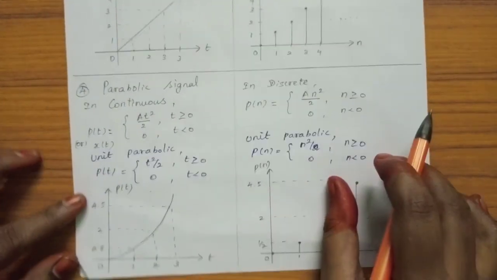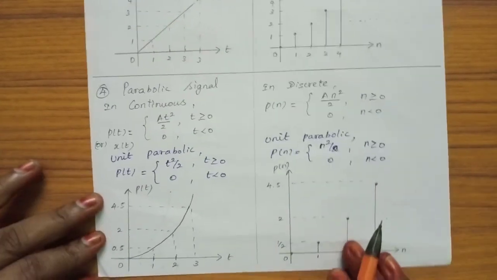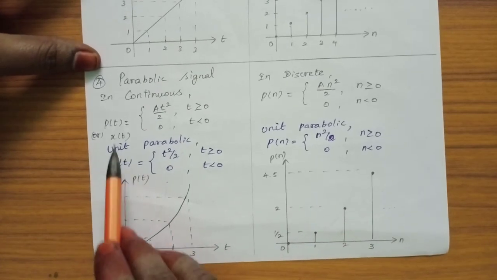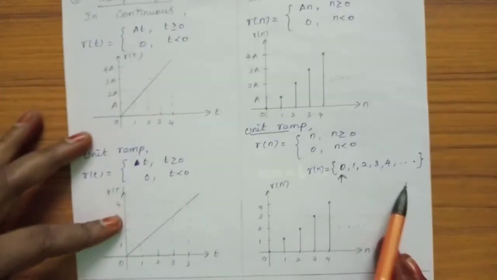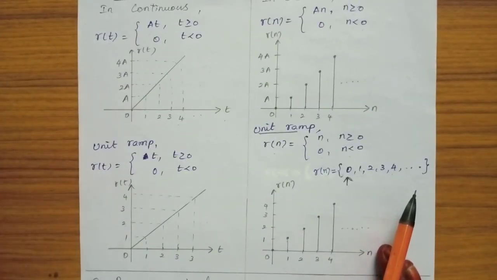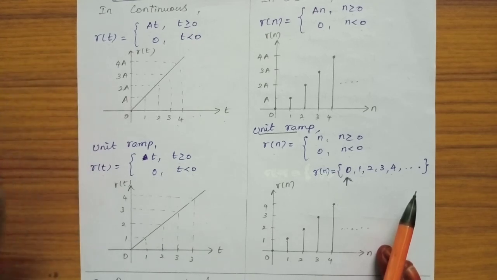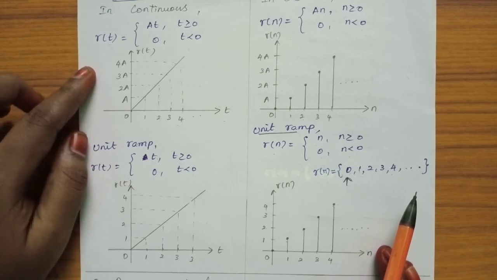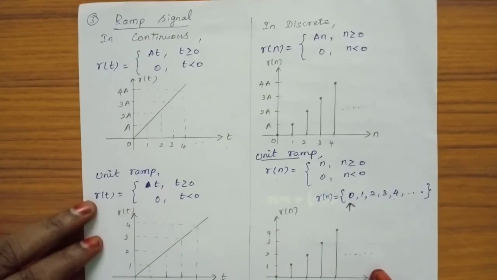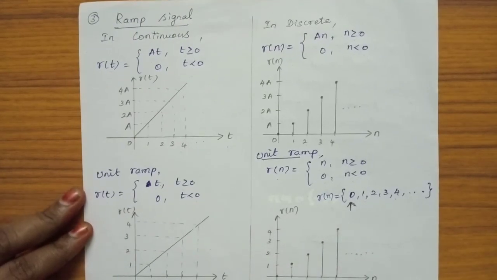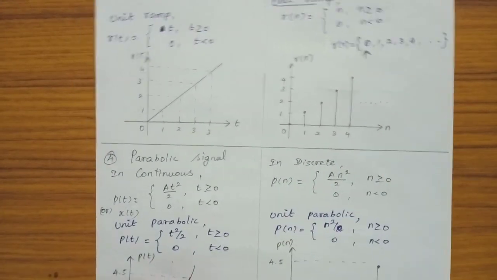Okay. And next, parabolic signal. So mathematical equation for parabolic signal is p of t, or it can also be represented as x of t. So one more thing, for impulse and step and ramp we must use del of t for impulse, u of t for step, r of t for ramp signal. Okay, even because in the questions they will be given as r of t. So r of t means we should know that r of t is the ramp signal. So if they give it as u of t, we must know that u of t is the step signal. Okay, so notations are very important.